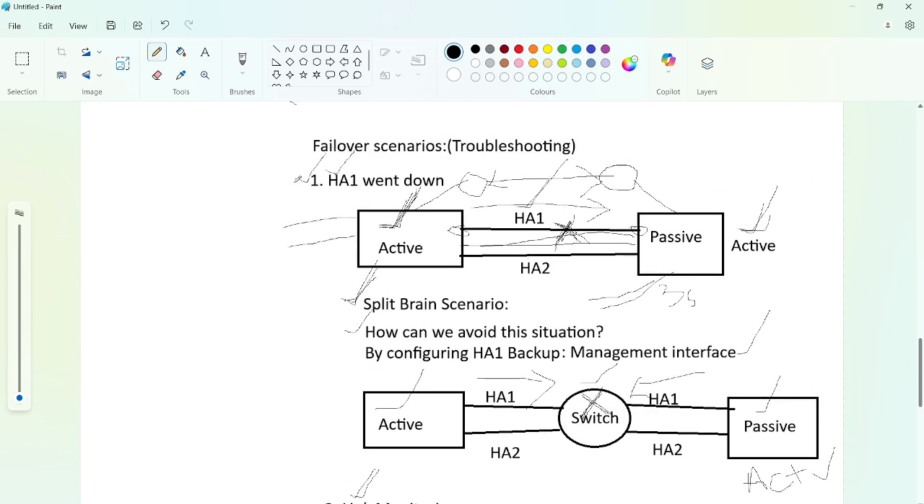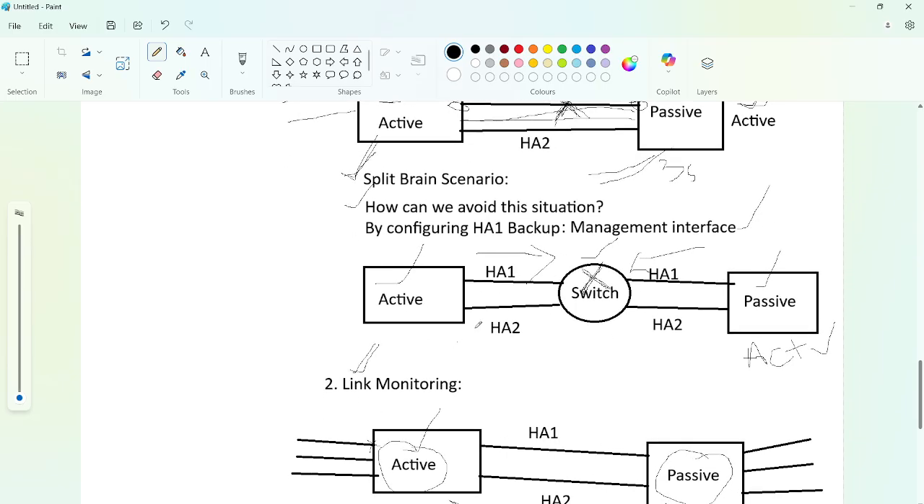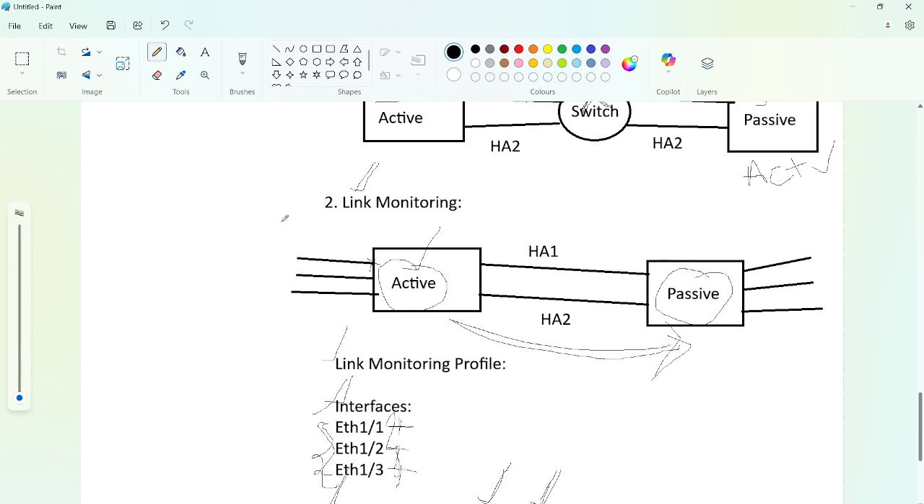If the failure has happened, check whether HA1 went down or not. If HA1 is not down, check if there are any intermediate devices between our active and passive firewall. If there are any intermediate devices, check the uptime of those devices. If the uptime is okay, and it has not rebooted or shut down, you can go with the second thing,